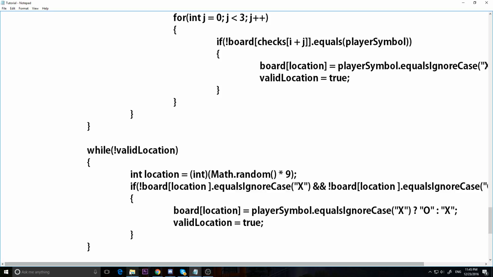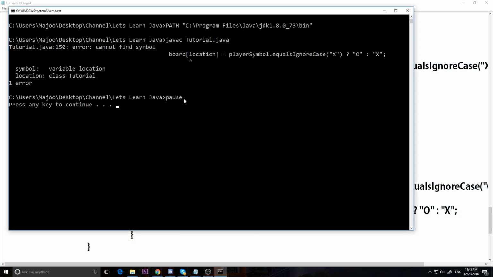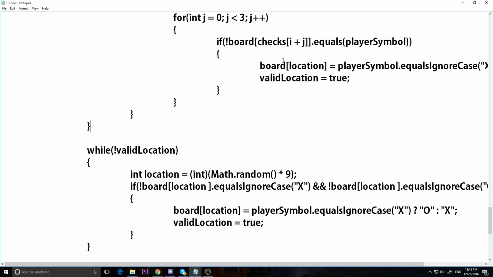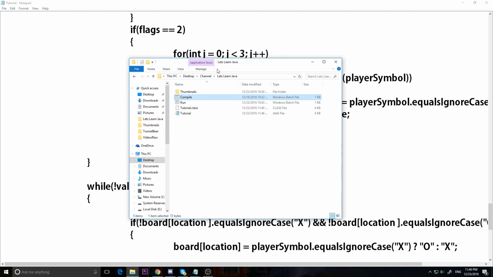Right? So now if we play the game, the computer, in theory, location, variable location. Location, that's not what I wanted. I want i plus j to be my location, which actually checks i plus j. That's the location I'm checking. File, save. And now if I run it,